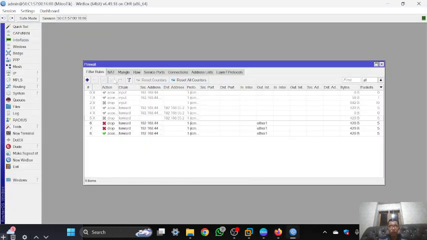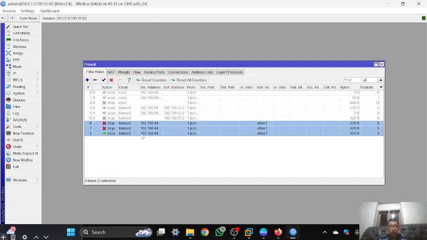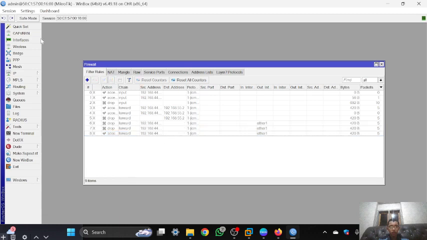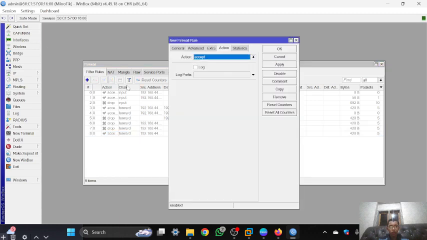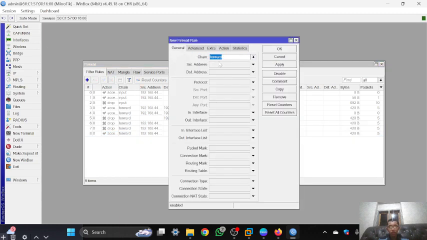So I will configure the filter rules. You can turn off the last filter rule, then click add, and in the general tab the chain is forward, and the source address I fill blank because I want to block all the VPCs from connecting to YouTube.